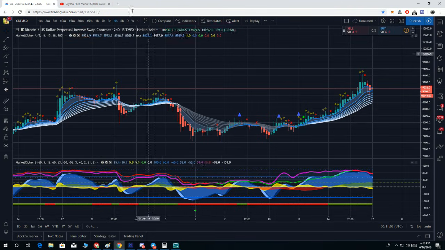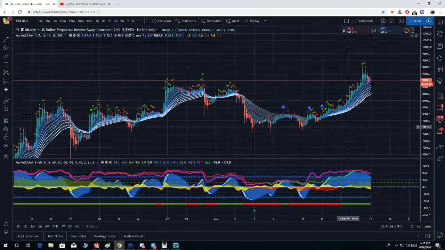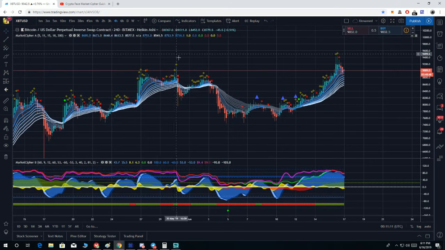If I see a green dot on a 4 hour, a 6 hour, a daily, a 3 hour, 2 hour, that is a strong indication. So we're on the 4 hour, and we see we have a green dot here at 7,600, we'll call it 65. After the green dot, the price is up to